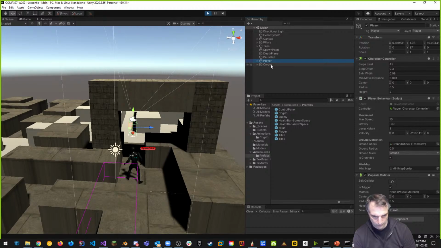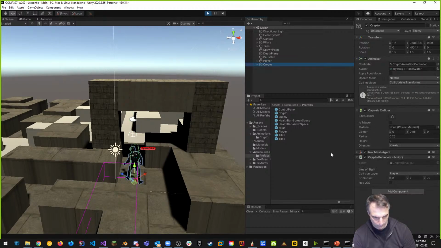Okay, let's just do it all. Go back to that crypto dude. Take that collision layer, everything. Good. And let's keep rotating. Okay. That's frustrating. All right, before I go crazy,